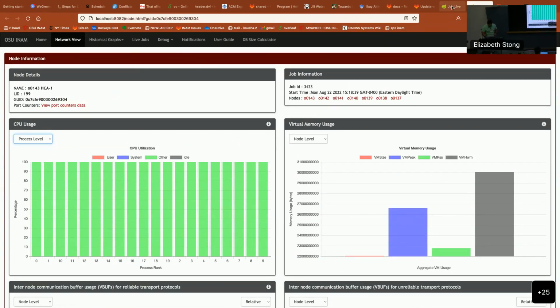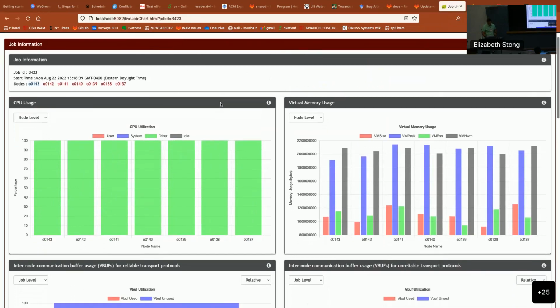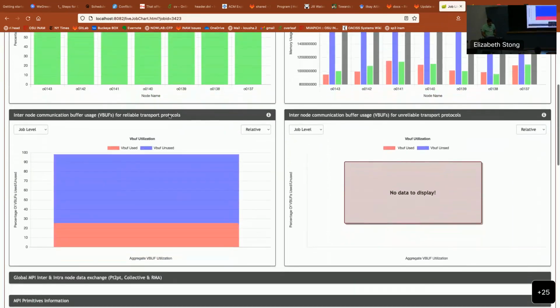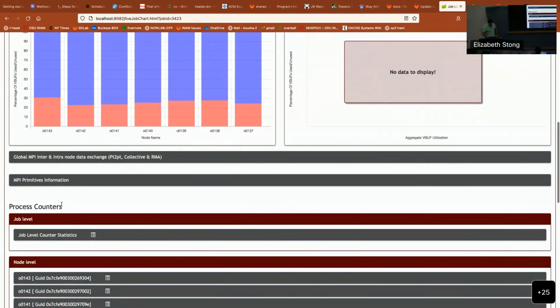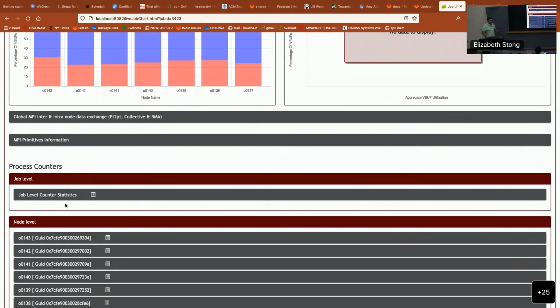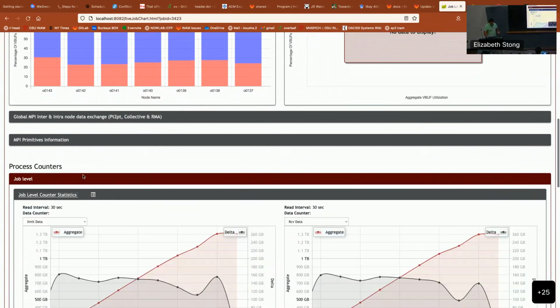So going back, these two show the virtual memory usage and CPU. We also have the internode communication buffer that is available for each node. A similar one is also available on the process level. And if you go down, we have the process counters. These are the counters collected from MPI that show traffic from the software. So opening these,